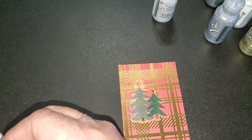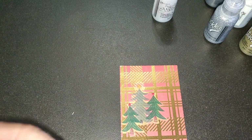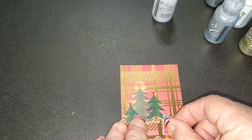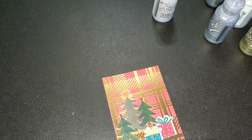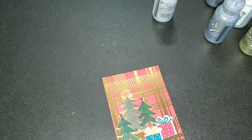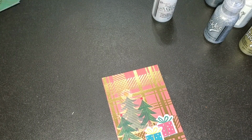So I think this is what I'm going to do instead. I'm going to add another tree. Just like this. And I'm going to put some presents on here. This will work. And then I'm going to look for, this will work right here. And it says, oh, Christmas tree. But, and here's something that I'm going to do. I am going to take a piece, or a, not a piece. I'm going to take,